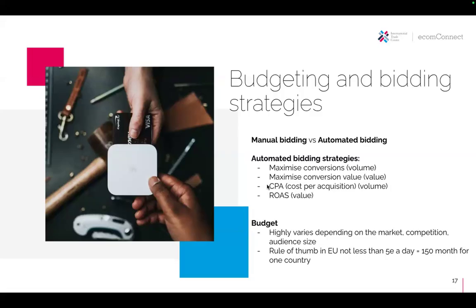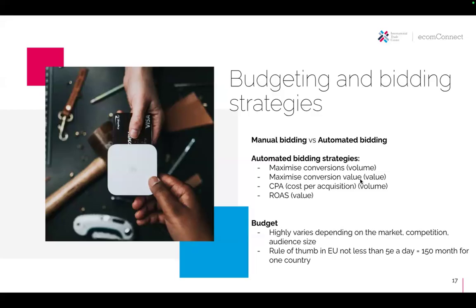So now moving on to the value-based bidding strategies, we have the second one, maximize conversion value. So let's use these same examples of page view, newsletter, and product sale. As an e-commerce business, you might have different products which are all costing a different amount. You might have a $10 product and a $100 product on your website.